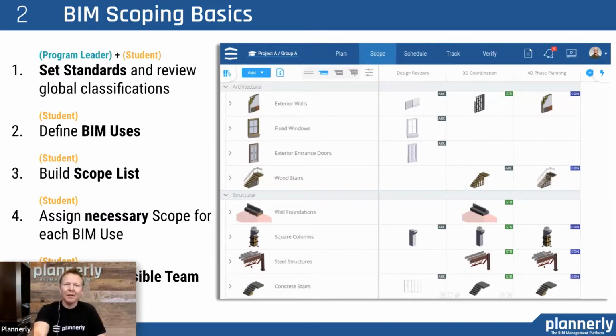Absolutely, yep. And then the same principle in the scope, but it was much more focused on 1 or 2 dedicated BIM uses. So how to define a BIM use that you would require. They then come and complete the items, whether they are systems or groups of elements, specific elements that are required, and then being able to define in the grid what is required, who is responsible for it, how much detail. A lot of the detail can be related to information requirements and checklist items, attachments, other specifications. Maybe there are certain elements that you would like them to use. Completely up to you how much you specify and how much you leave open to the students.